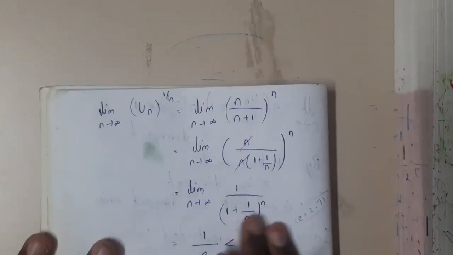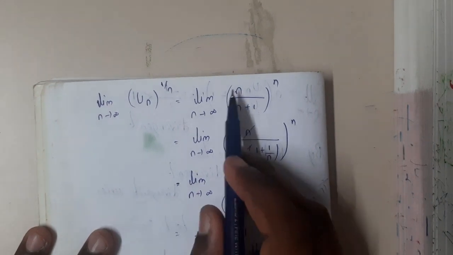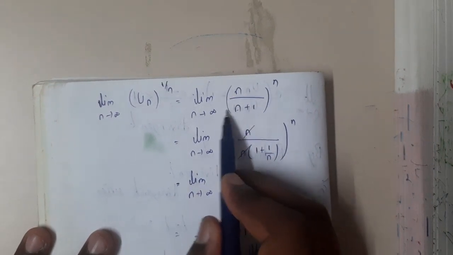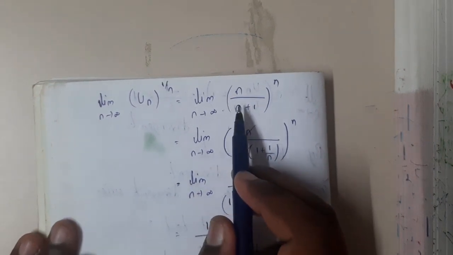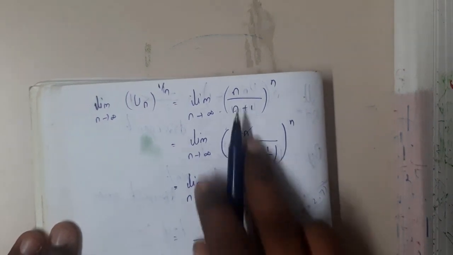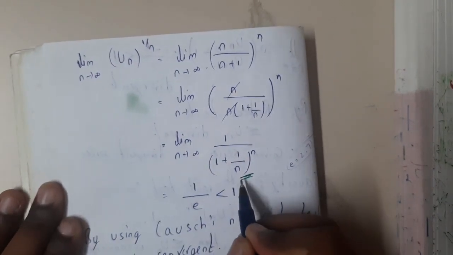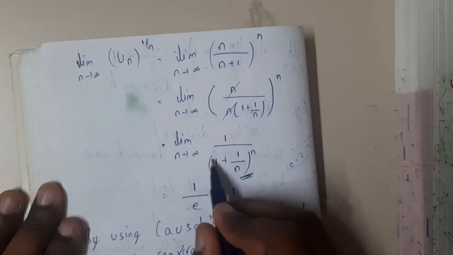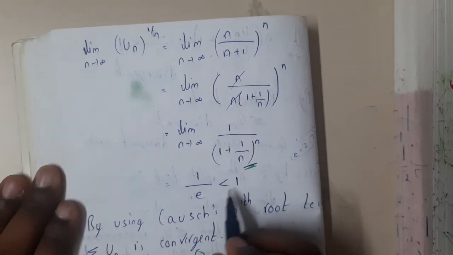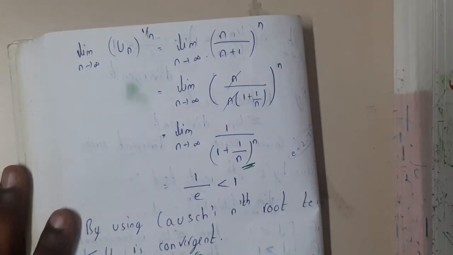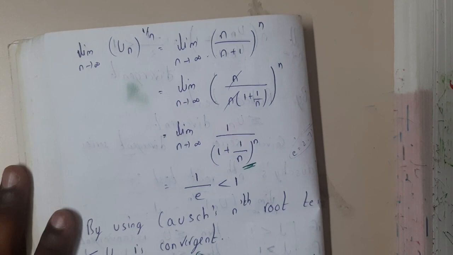Now if you observe, from here you can take this n common, so from this you can take n, and from n you can take n. So these are two n's, so you can cancel, right? Once you cancel that, it will give it in this way. So if you assume this whole part as some value e, and if it is less than 1, you can say that it is convergent. So in that way.